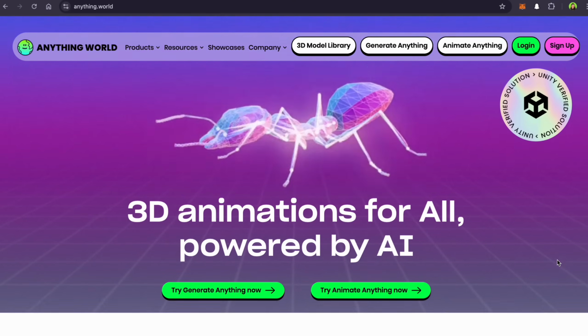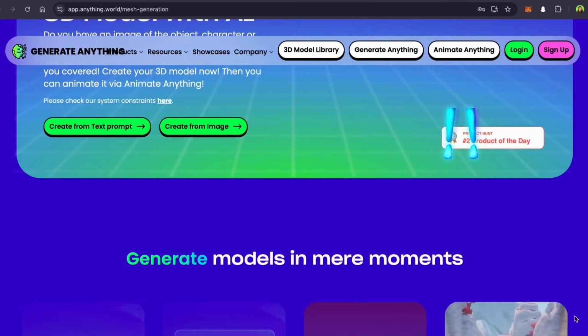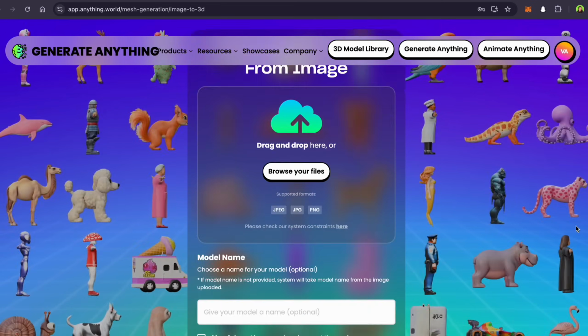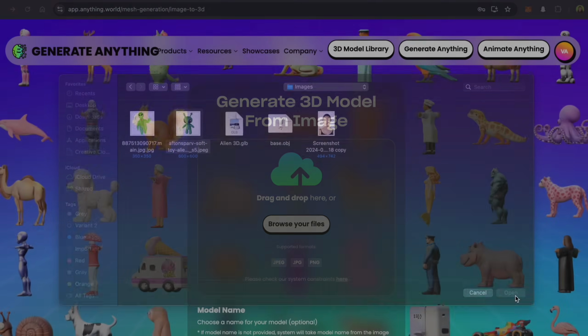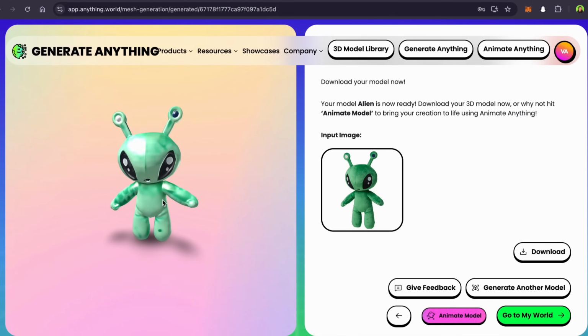Anything World. Alright, let's talk about Anything World, a platform that doesn't just generate 3D models, but offers the whole flow: text or image to 3D, rig, and animation. Imagine typing a running cartoon fox. Instead of getting a static 3D model, you get a fully animated, game-ready character, ready to move and interact right